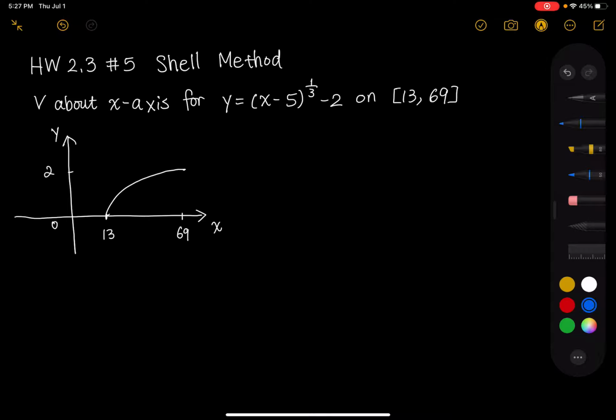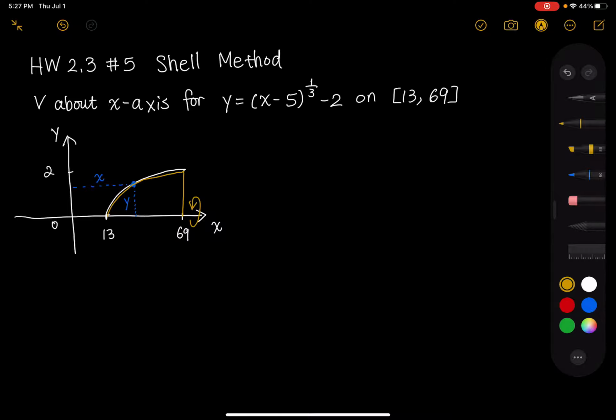You need to understand each point here has an x coordinate, so this is the x value, and a y coordinate, this is the y value. So those are the points on the graph. And the question is saying, I want this piece and I want to rotate it about the x-axis. So you will get a kind of head shape